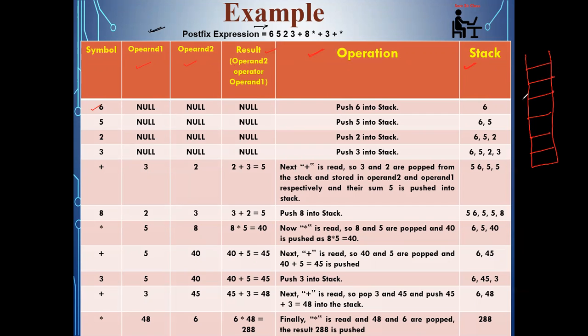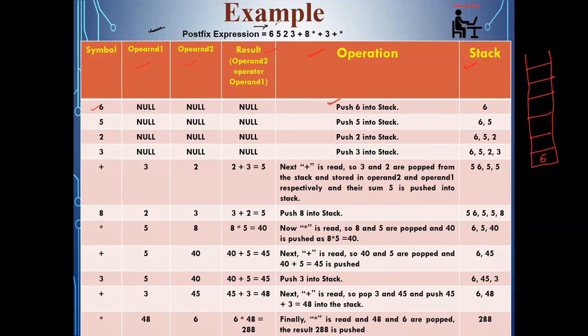operations will do. Okay, so whenever you are encountering one operand, that is 6, so you are not doing anything. Directly you are doing the push operation of that particular value into the stack. So currently 6 will be on the stack top. Okay, so there is a simple rule: any number of time you will encounter one operand, directly will push that particular value or the operand directly into the stack.